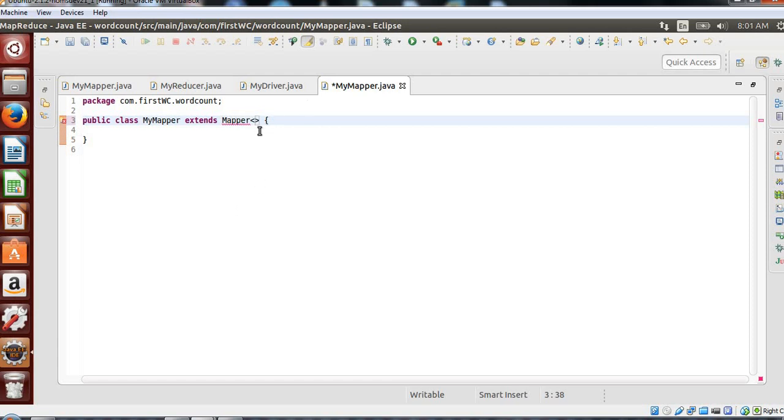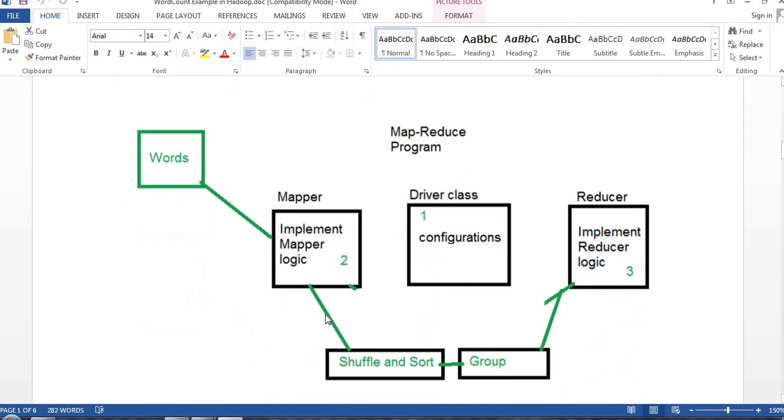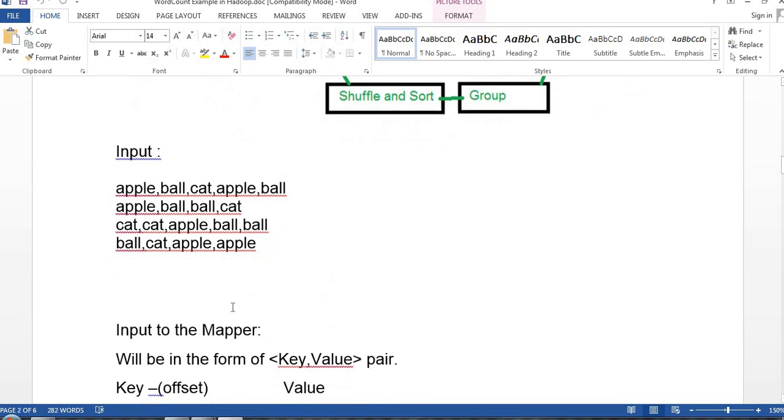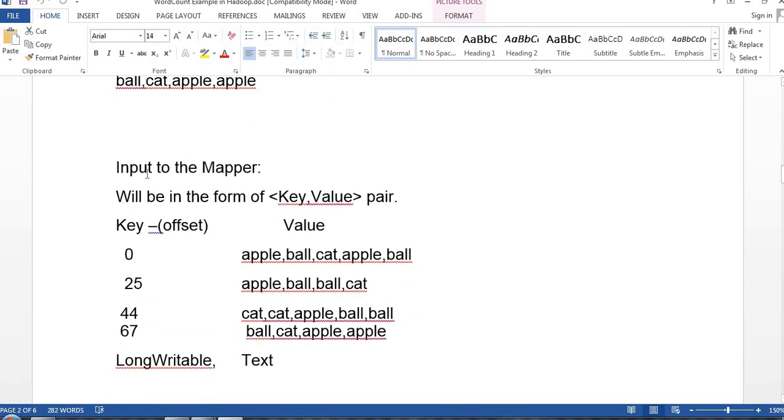Here we need to define some generics, like what the input and output of the mapper class would be, the way I discussed in the document in the previous video: what input I'm giving and what output I'm expecting. For the input to the mapper, line by line everything will move to the mapper. So when I say line by line, one minute guys.